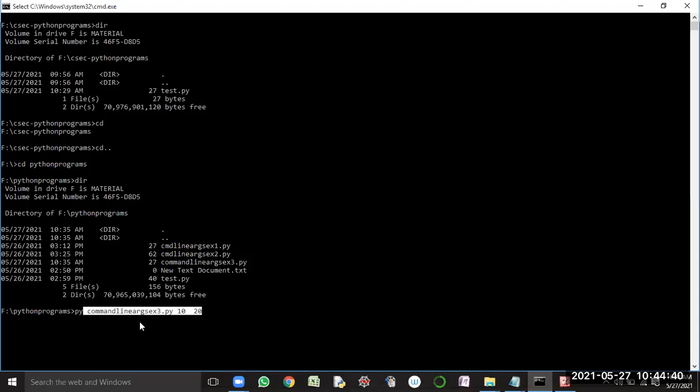In the ARGV variable, this list of values is available. So these command line arguments are stored into which variable? ARGV variable. Now, if you consider the data type of this particular ARGV variable, it is assigned a list data type.